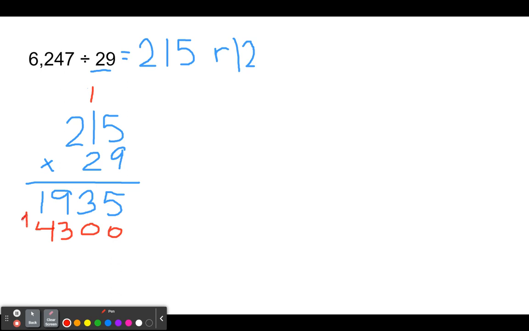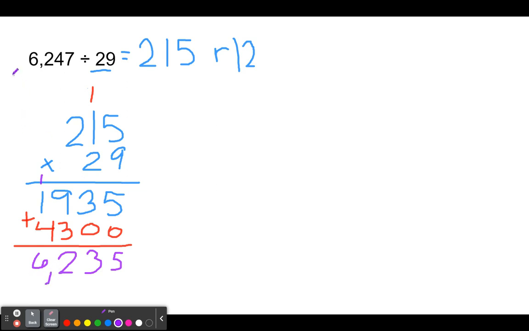Now we have to add both of these up. So I have 5 plus 0, which is 5. 3 plus 0, which is 3. 9 plus 3, which is 12. I'm going to take 10 of those hundreds, turn them into 1,000. So 1,000 plus 1 more 1,000, which is 2,000s, plus 4 more 1,000s, which is 6,000. So now we have